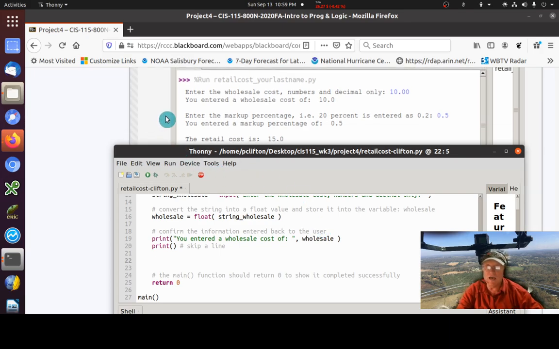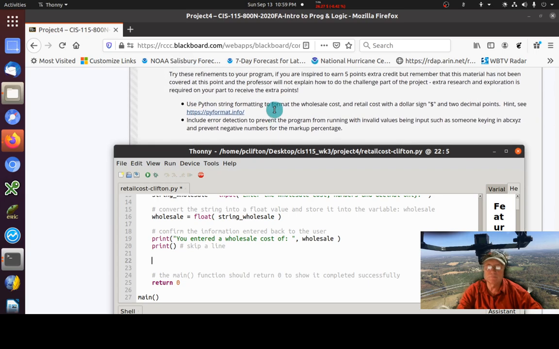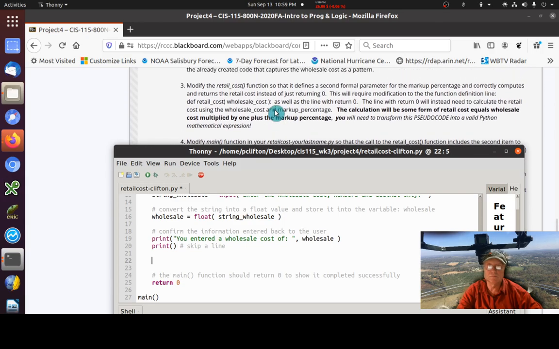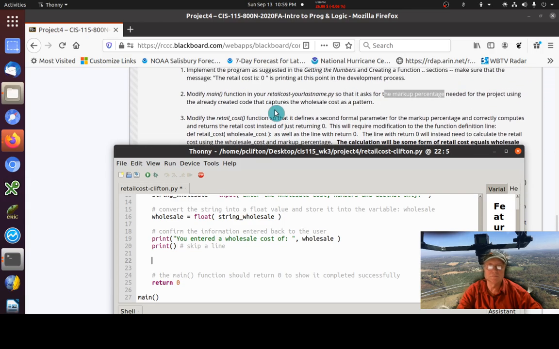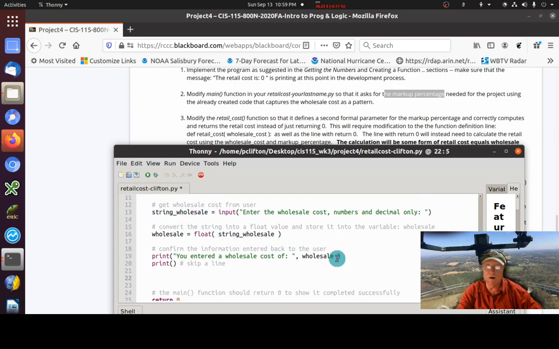And does it say what that markup percentage is supposed to be stored in? It doesn't really give us a name, but you can see here they use string underscore wholesale. So I'm just going to follow that pattern, and I'm going to say string underscore markup